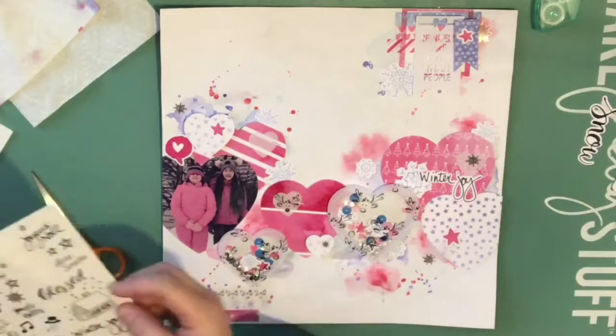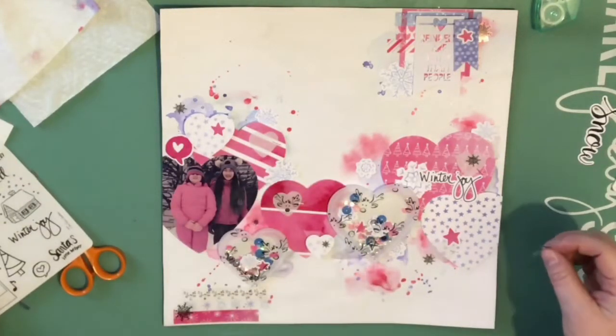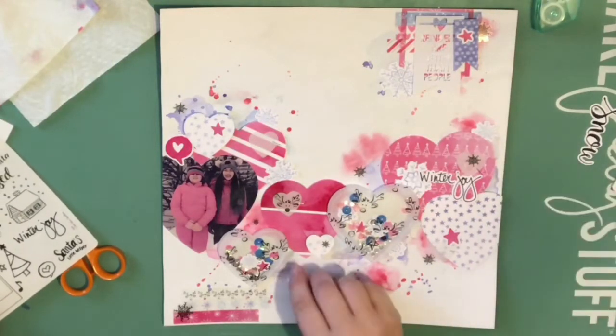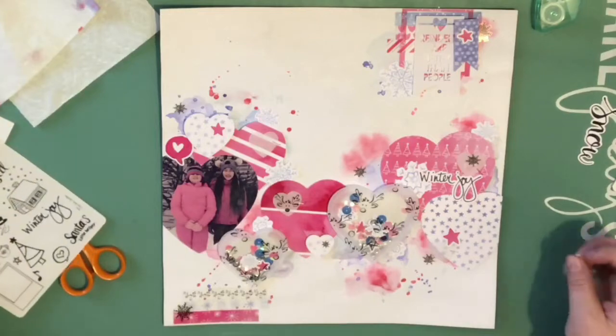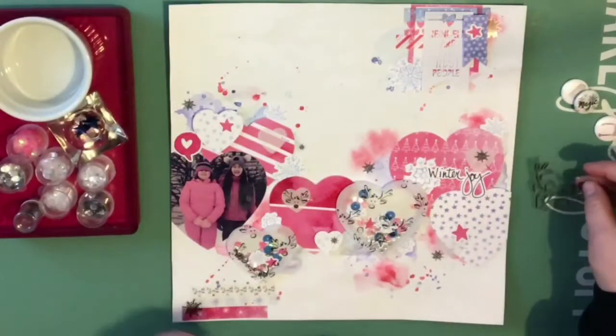I didn't want, obviously there's a lot of white space, but I really wanted the main focus to be that strip of hearts and embellishments across the center of the page. I do add that embellishment cluster up to the right, and there are a couple other elements that I still add in, but